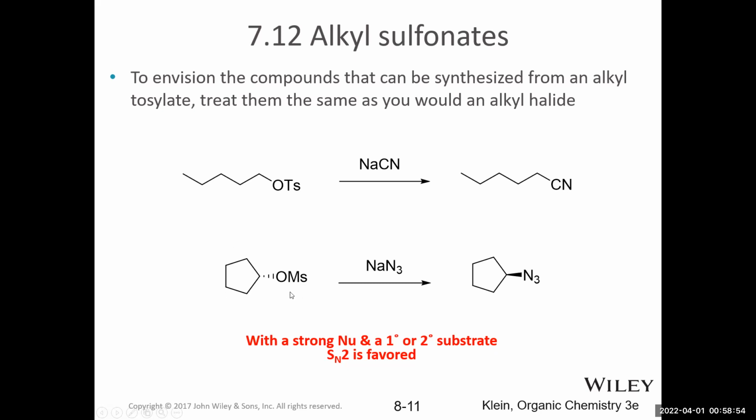This is an error on my part. This should not be a chiral center because there are not four different groups attached. So I made a mistake on this one, and I'll fix it later. But let's pretend this substrate does have a chiral center. It would be inverted. Remember that inversion occurs with SN2 reactions. If there's no chiral center, then you can go ahead and replace it with the nucleophile and you don't have to worry about inversion.